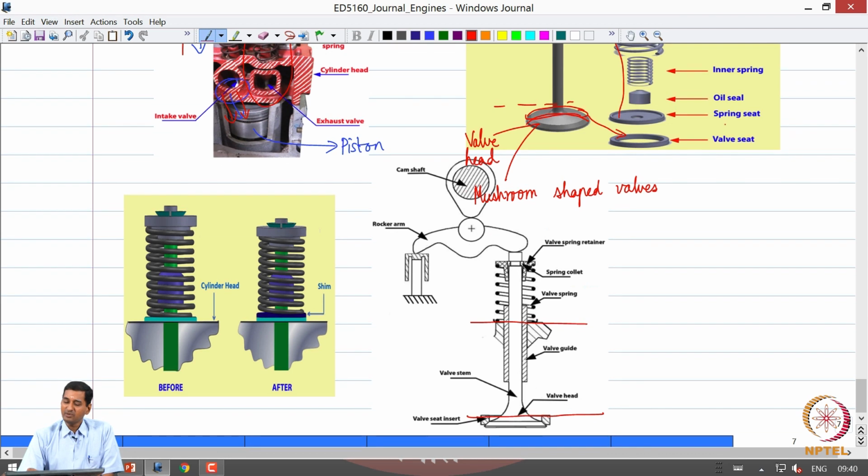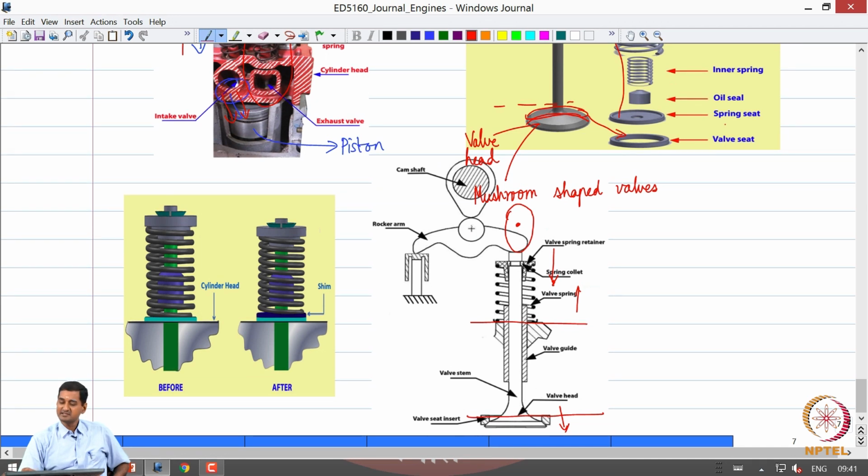Now, you can have what is called a cam which directly operates on this valve stem, and whenever you want the valve to be open, the profile of the cam will change such that the valve stem is pushed down. So, this will open, and when the profile of the cam changes, there will be a small gap introduced between the cam surface and the valve stem, and due to the restoring force of the spring, the valve stem will move up. Okay. That is the function.